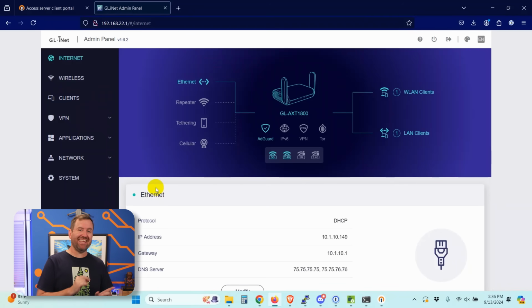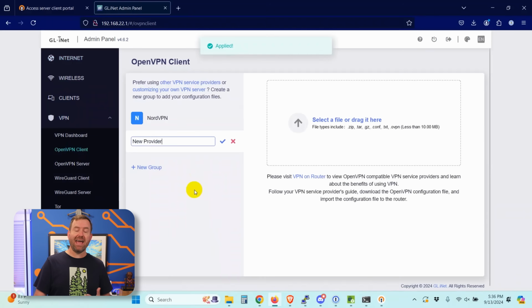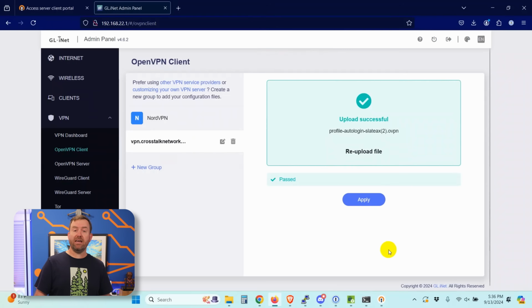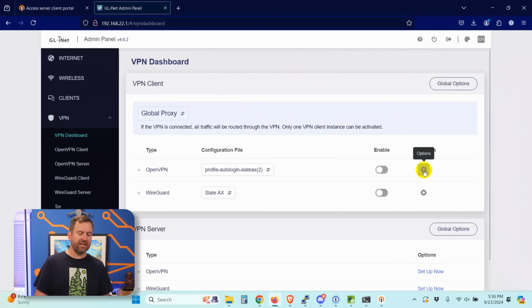Flipping over to the Slate AX admin GUI, I'm going to click on VPN, and then we're going to click on OpenVPN Client. We're going to add a new VPN client profile. I'll call this vpn.crosstalknetworking.com. And I have uploaded the OpenVPN configuration file that I just downloaded from the client profile. So we'll say apply. And now if I go to the VPN dashboard, I'm going to click on options here,